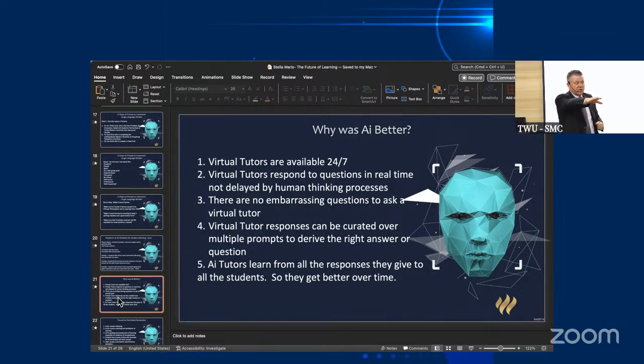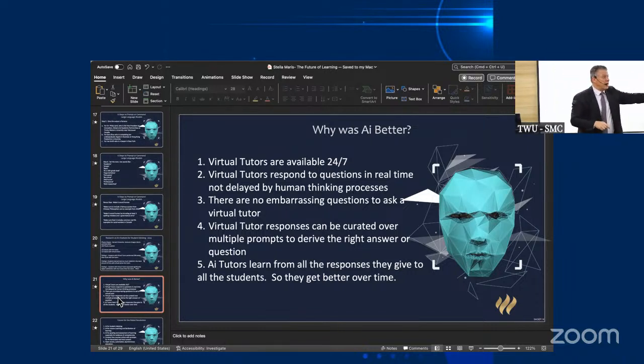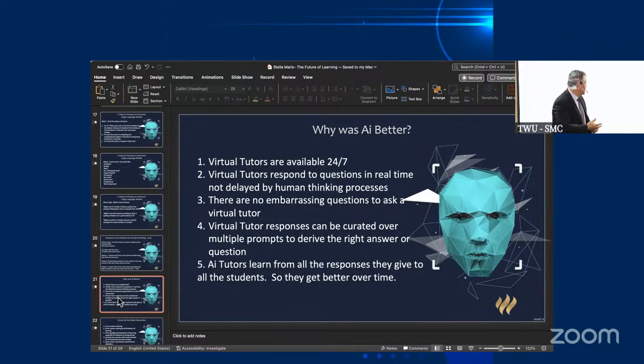So let's say you're the first person to ask a question. You curate that question, you ask over and over, and you get to the response you like. Does that make sense? It's learning from your asking questions to get to the real answer. This person might get to that real answer in 2 questions, and the next person who asks the same question in the class might get to it in 1. That makes sense? The AI system is self-learning as it goes through the process of responding to students in the class. This is why.